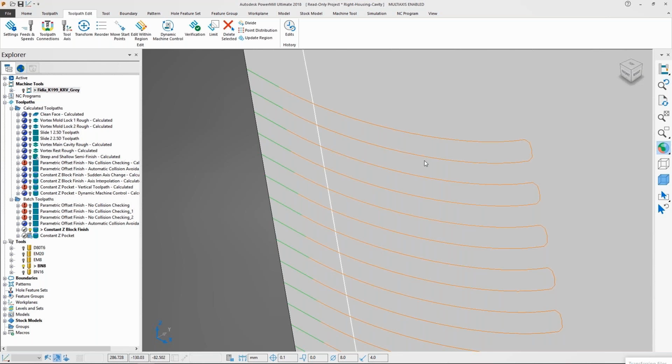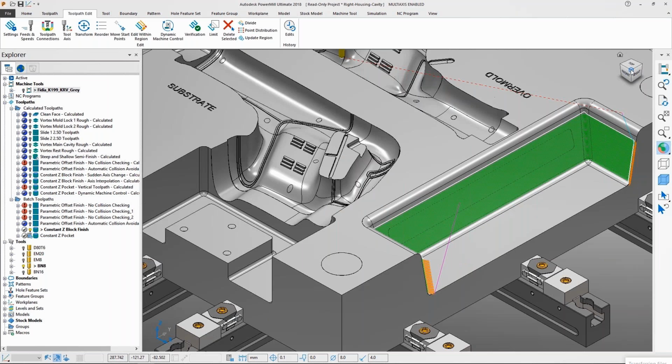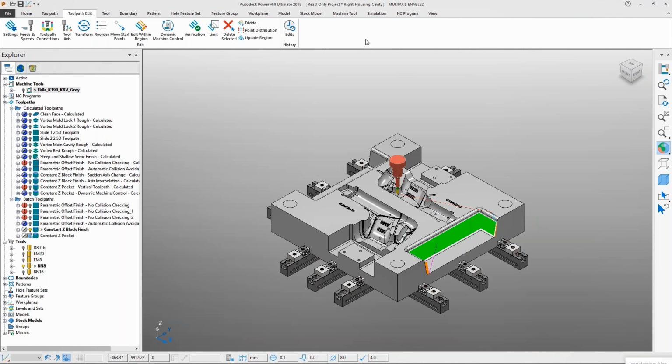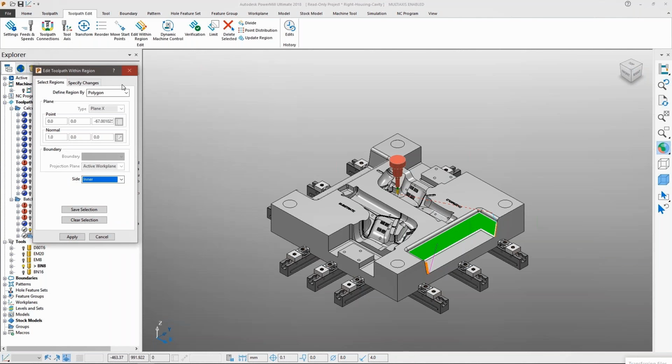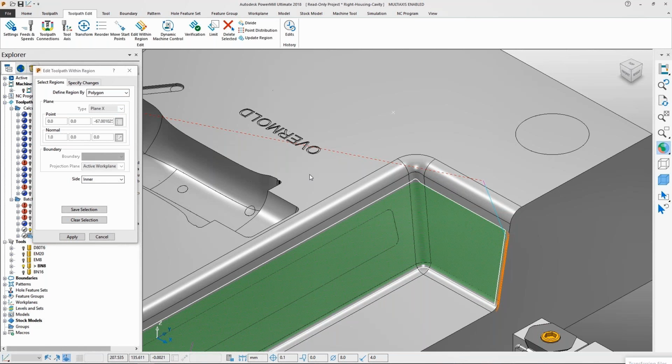After creating the toolpath, it's not limited to whatever the software gives being what you have to run. You can have your own intelligence, or you can ask the software to have your intelligence built in by the use of the editing functionalities within PowerMill.